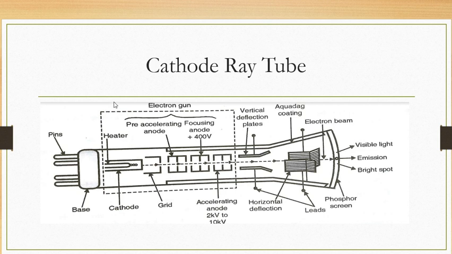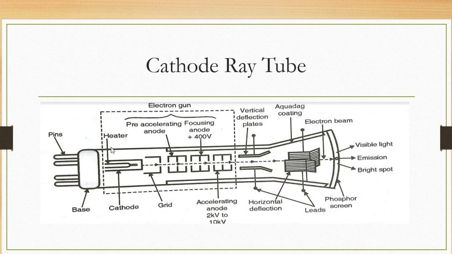Okay, so this is the basic working principle that you have to mention before explaining other things. That is, the electron gun produces this beam, and this beam is deflected vertically and horizontally with the help of vertical and horizontal plates respectively, and this beam is spotted on that phosphor screen, which can be a fluorescent material. Okay, and here we are getting the signal over here. Okay, so this is the basic principle. So let's see the electron gun first in depth.